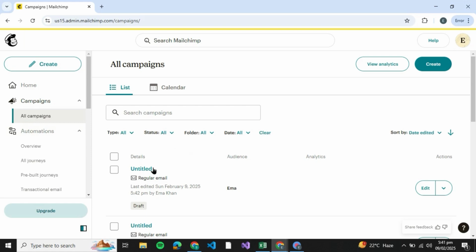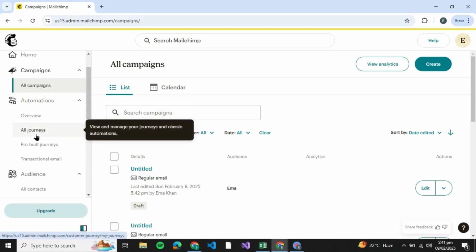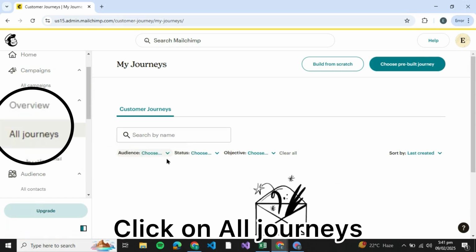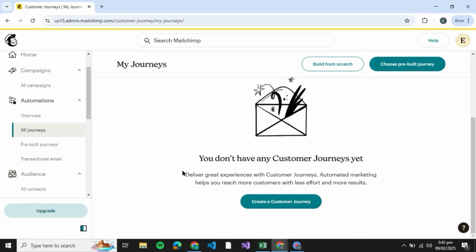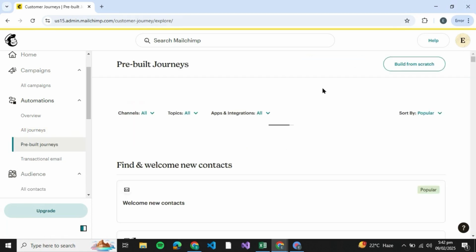recipient only. Now there are a couple of other ways that you can send the email to one person. So you're going to click on all journeys, and once you click on all journeys, you'll be able to see an option that would say create a customer journey. So you're going to click on choose pre-built journey, and once you click on that, you'll be able to see